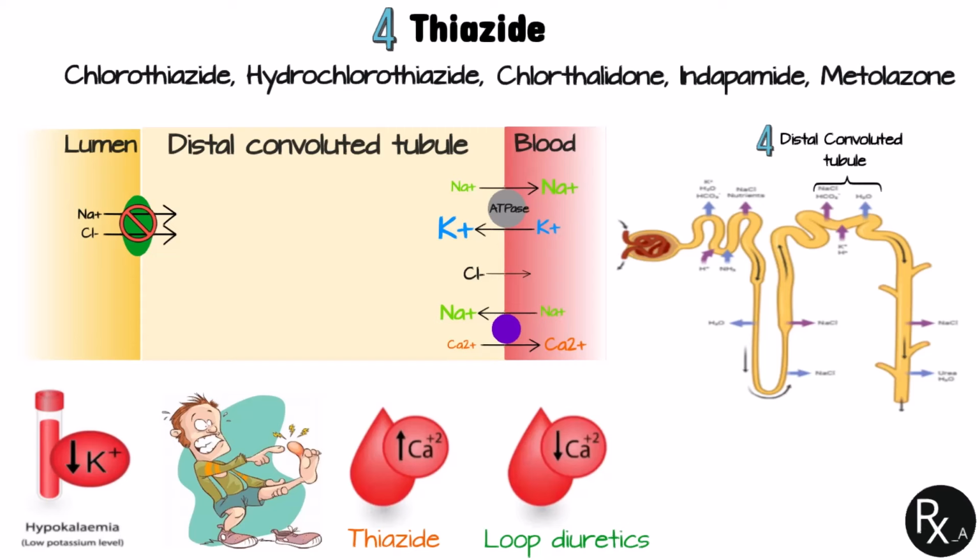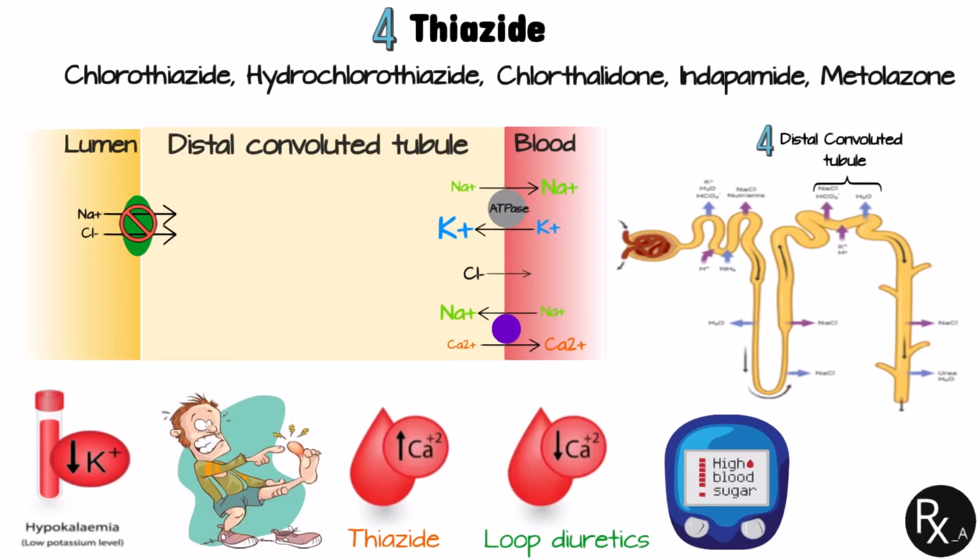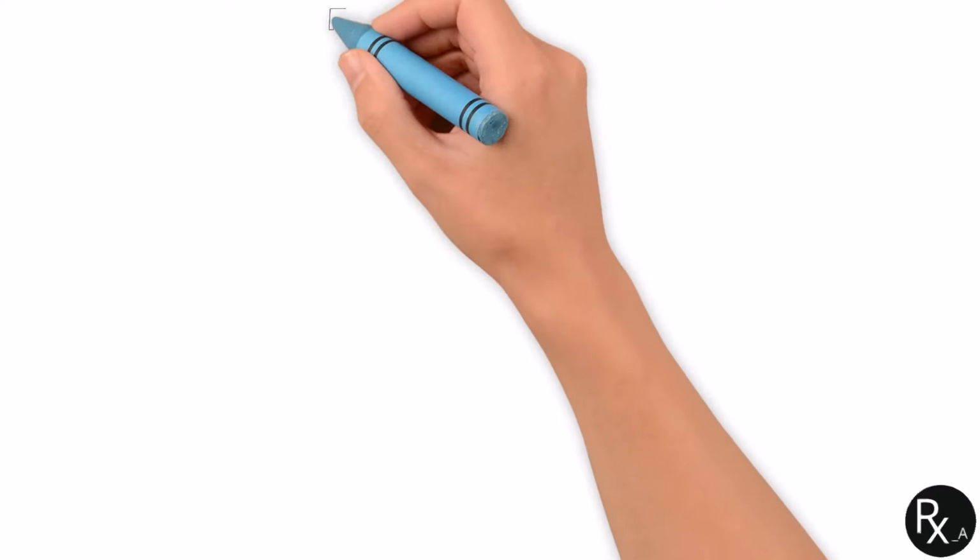Lastly, thiazides may decrease glucose regulation, resulting in hyperglycemia. Several mechanisms are believed to be responsible for these consequences, such as elevated hepatic glucose production and impaired insulin sensitivity and secretion. Before we finish this lecture, I wanted to quickly go over the last class of diuretics, which are